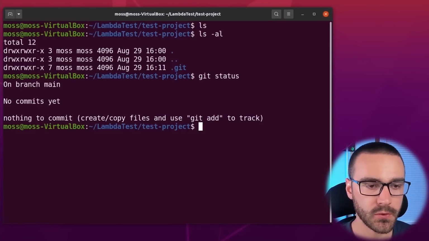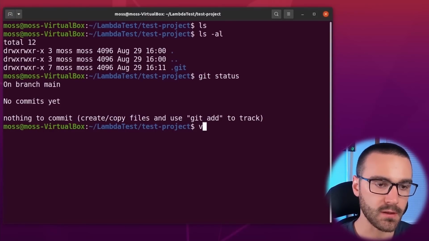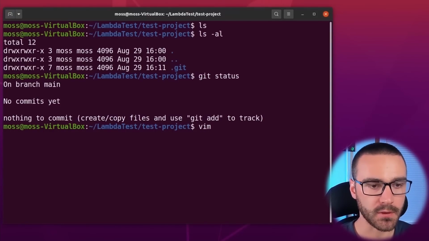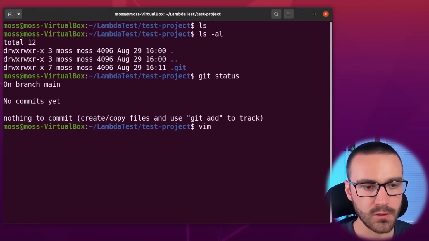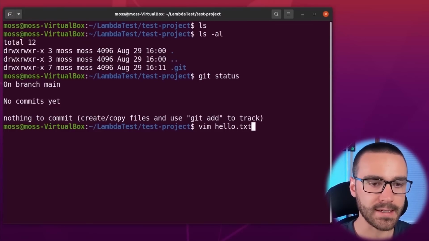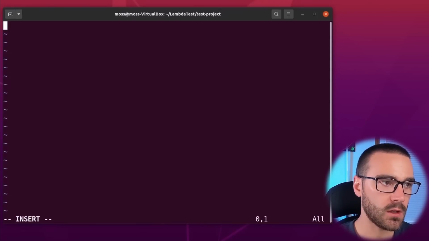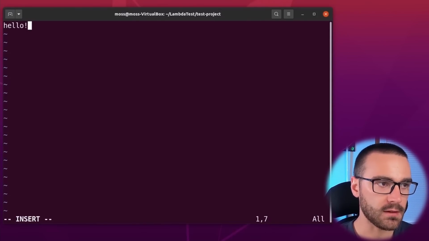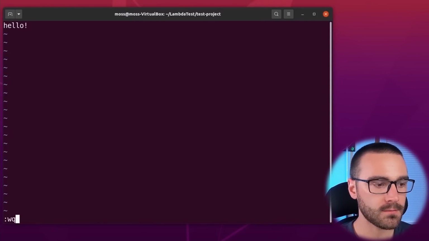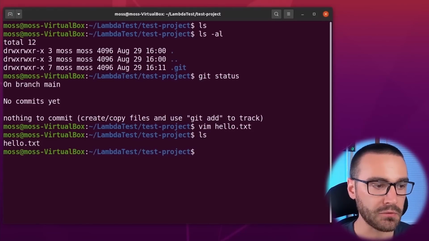So what I'm going to do is create a new file in this Git repository. I'm going to create it using Vim. So I'm going to invoke Vim, and feel free to use a different editor if you prefer a different editor. But I'll call the file hello.txt. Okay, and inside of this file, we'll simply say hello. Okay. So if I do an ls, you can see that we now have the hello text file in our Git